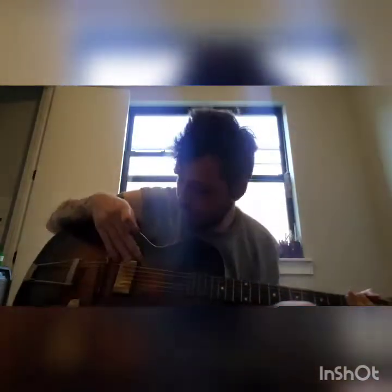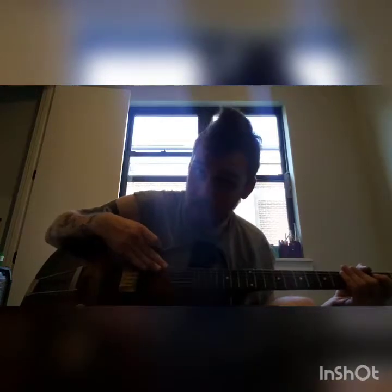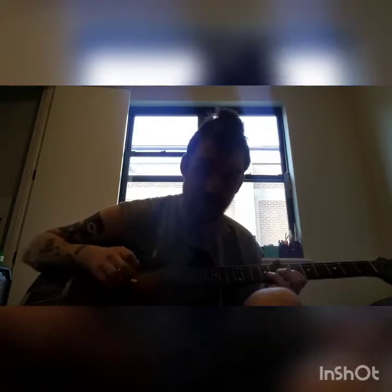Acoustically, this guitar sounds perfect just by itself. I do have thicker gauge strings on here. These are 11s. Two things about doing that: if you're going to put 11s on a guitar like this, you'll have to know how to set it up, because you could damage it. You could twist the neck, you could put too much pressure on the tailpiece and the body. You could do all sorts of things putting too high gauge strings without setting it up properly. So make sure you set it up properly if you're going to put strings like this on,